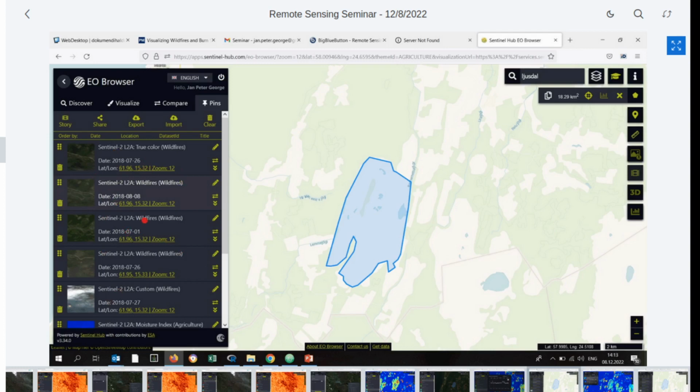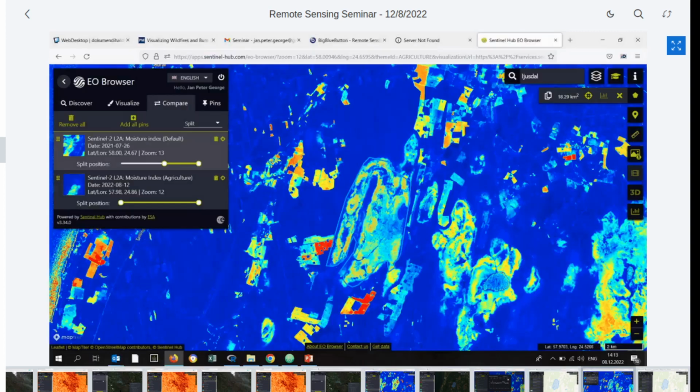Okay. And then, for instance, if you want to compare the same area but for different time steps, you can go to this one here, compare. Then once you press this one, you will see a little number pop up here. And what you can do then is, for instance, I selected 2 different time points for the same area.